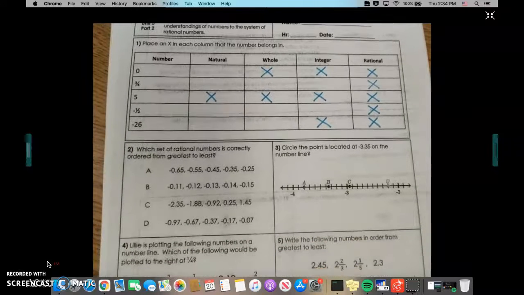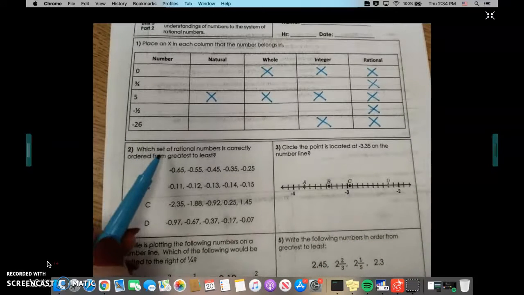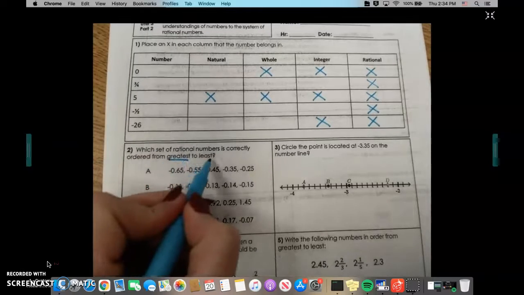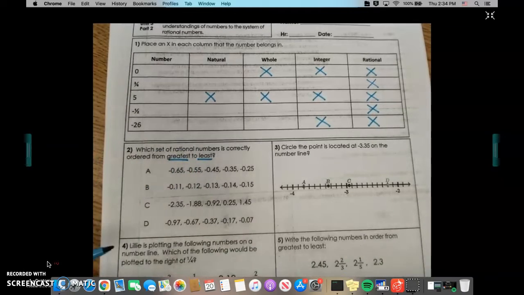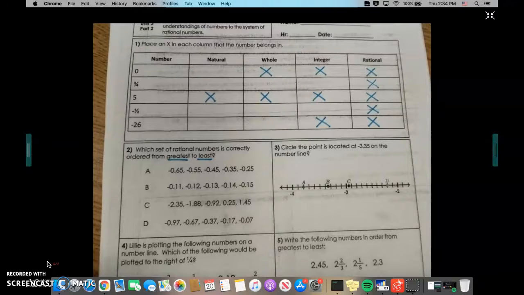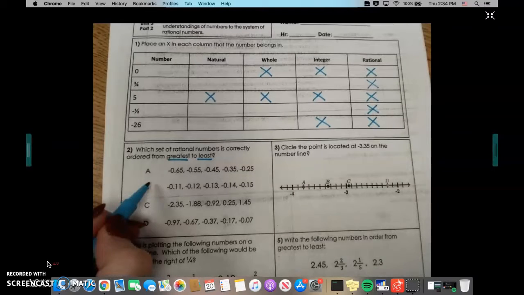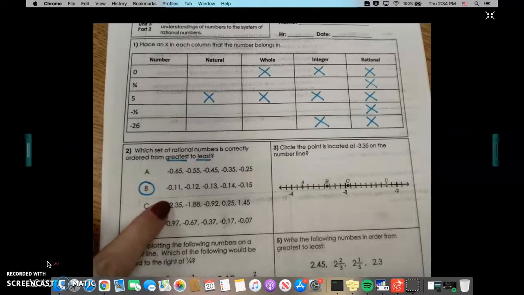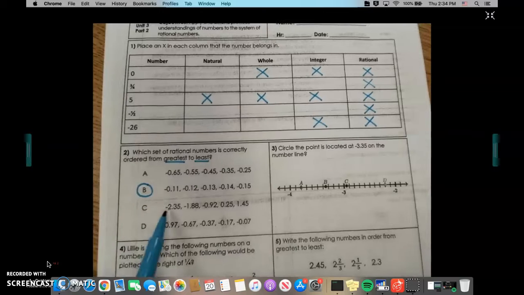number 2. Number 2 says, which set of rational numbers is correctly ordered from greatest to least? This one tripped a lot of you guys up when we did this in class, because when we have a negative number, the lower number that's closer to 0 is actually the greatest number. So we would want to choose letter B. Even though 2 and 35/100ths is a bigger number without the negative, with the negative, it makes it